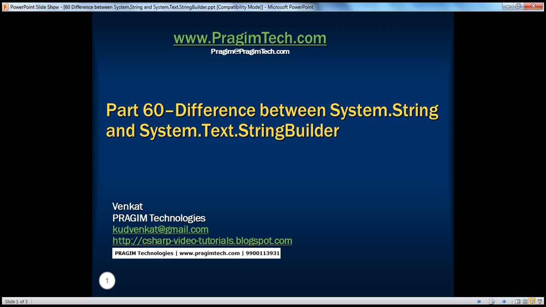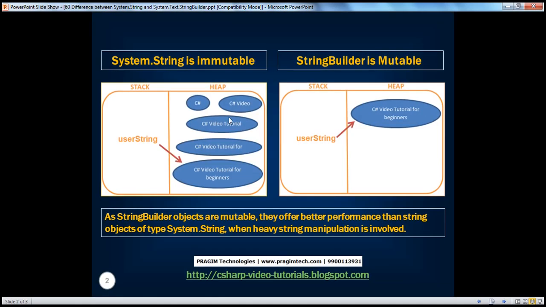In this session, we'll understand the difference between strings of type System.String and System.Text.StringBuilder. In fact, the difference is very simple. Strings of type System.String are immutable, whereas strings of type StringBuilder are mutable. So what do we mean by mutable and immutable? Let's understand with an example, and then we'll understand the advantage of using StringBuilder when heavy string manipulation is